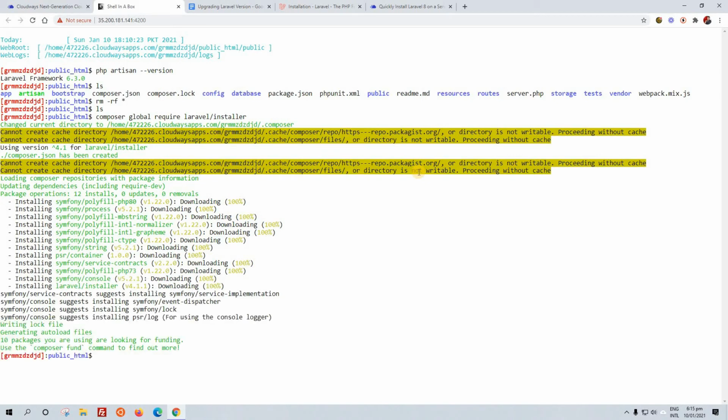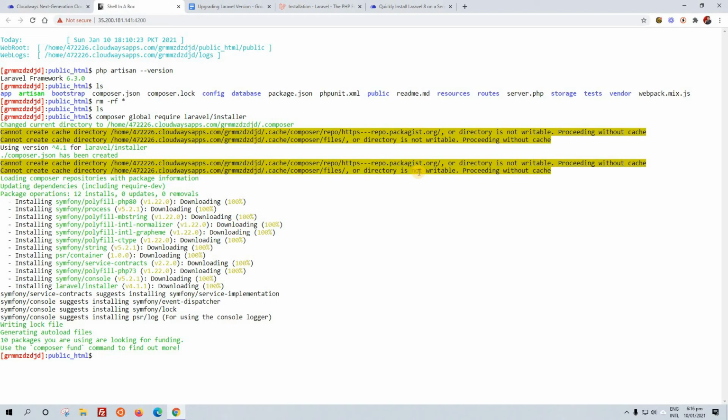It's nothing to be worried about. You will be thinking that an error has occurred or the installation has gone wrong. No, it's just a warning that is generated that the cache directory is not writable. That is because it is not currently present because we have deleted it. So it will be present in a while when we install the Laravel.